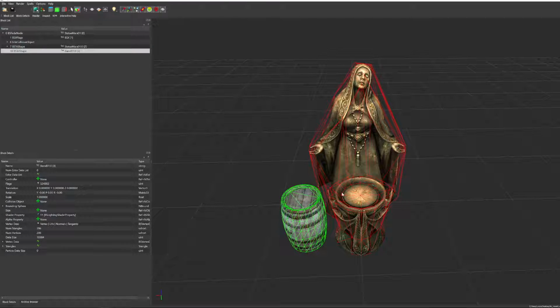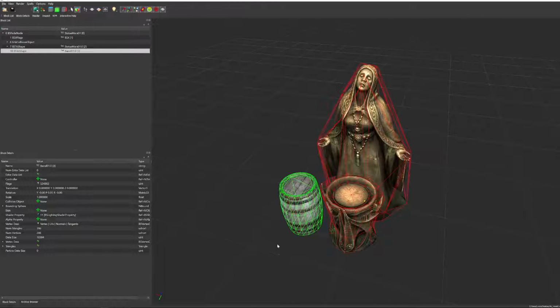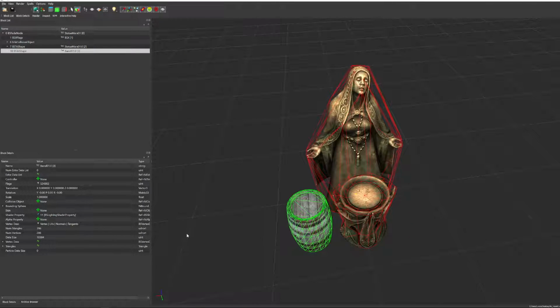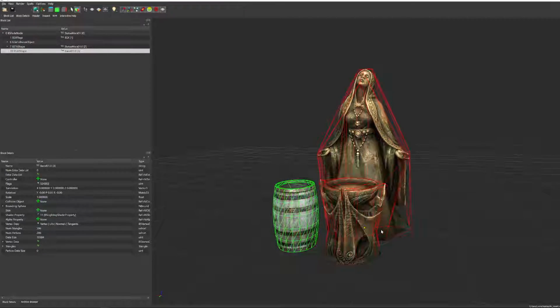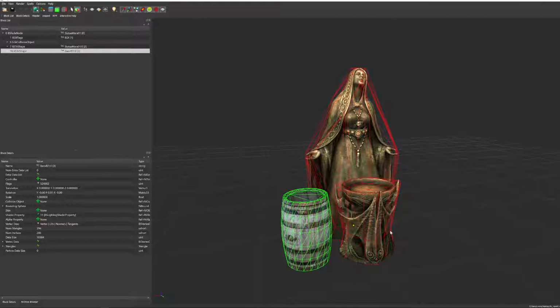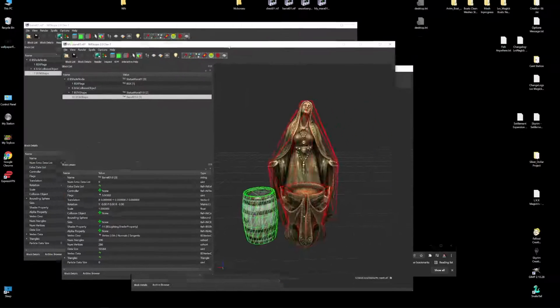But you see how this doesn't have the red mesh going around it? Well, that's because there's no collision on the barrel. You would walk through the barrel. Like I said, you're going to have to go through the tutorial on how to add collision, because there's absolutely no way to add collision in NifScope. I don't know why they didn't add that feature, but it would have been great. But it's not there. So you have to use a program called Chunk Merge, and I have a Chunk Merge video that'll show you how to do that. So moving on now.